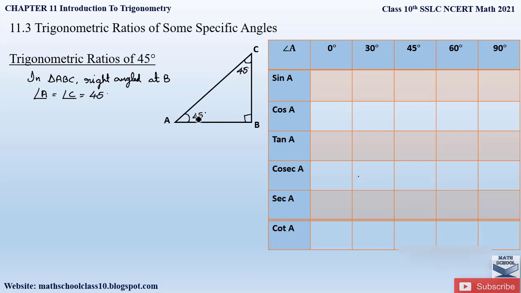Whenever 2 angles in a triangle are equal, what does it form? It forms an isosceles triangle. In an isosceles triangle, 2 angles are equal and the sides opposite these angles will also be equal. So here angle A is equal to angle C, and the side opposite angle A is BC, and the side opposite angle C is AB. So AB will be equal to BC. Now if we assume our side AB to be A, then this will be equal to our side BC, so that will be equal to A, right?